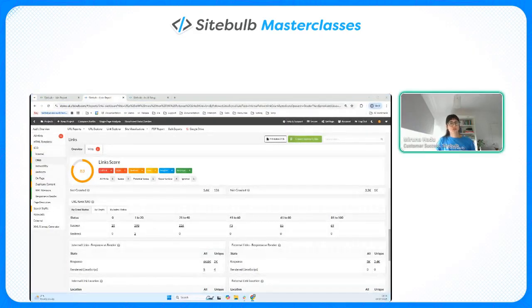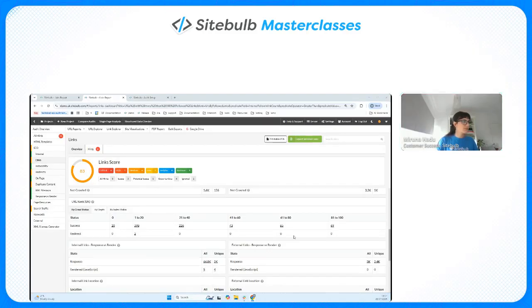What you want to make sure is that your key pages have a good URL rank. That means they are being linked to from indexable URLs from many of your internal pages, and that they are well placed in the crawl depth. You'll see three different tabs at the top here. The first thing is,